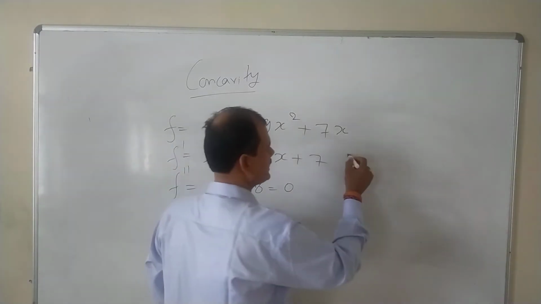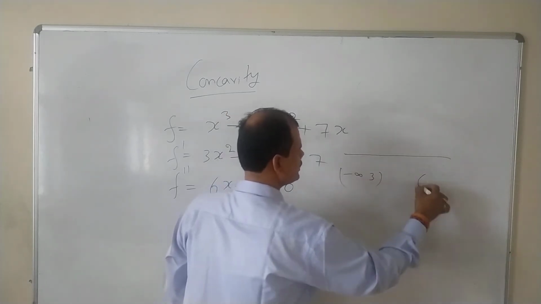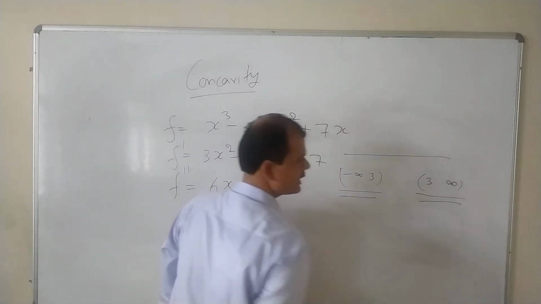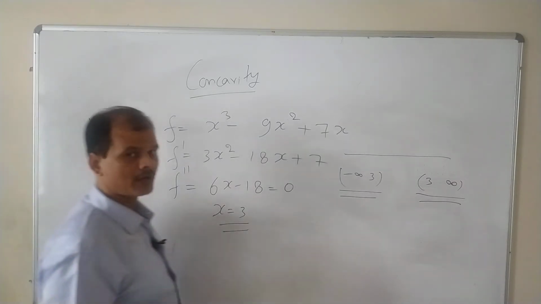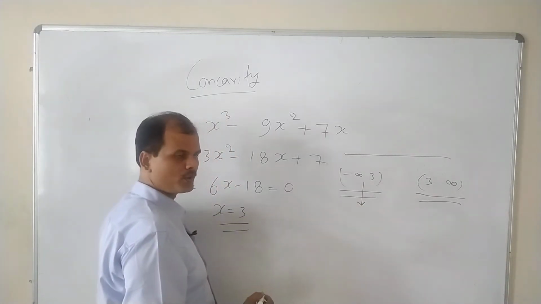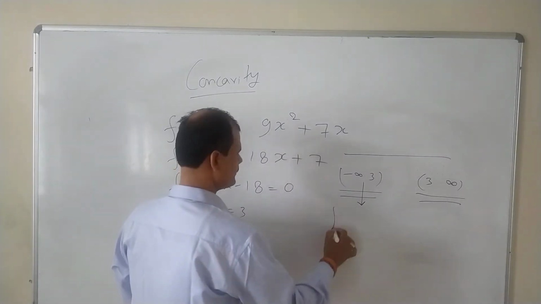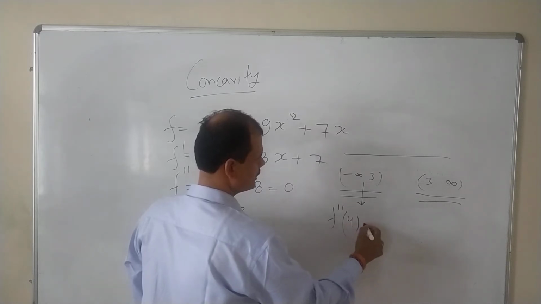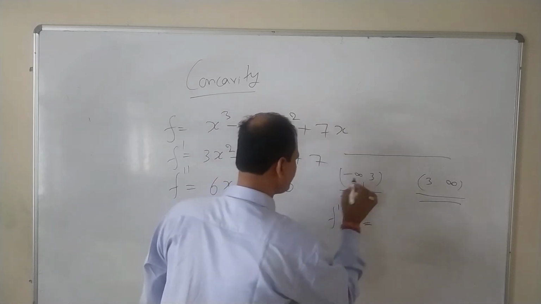So we can see there are two intervals, one is minus infinity to 3 and 3 to infinity. So here we have one nature, here we have another nature, and at x equal to 3 the nature is changing. So how to check concave up or concave down? Here we take the double derivative sign, that is important. If the double derivative sign changes, the concavity changes. So here for f double dash, I'll take any point. I should take 2 here for this subinterval.